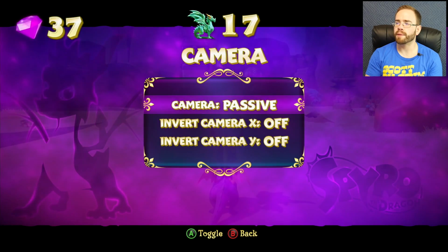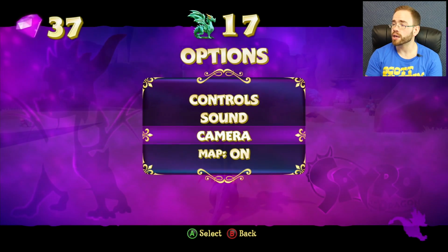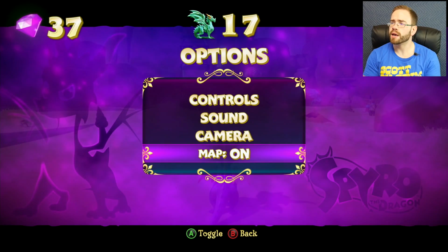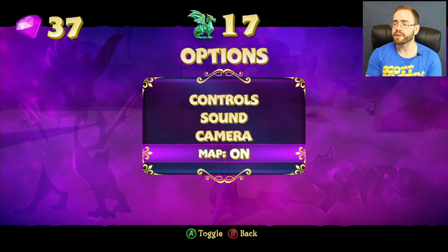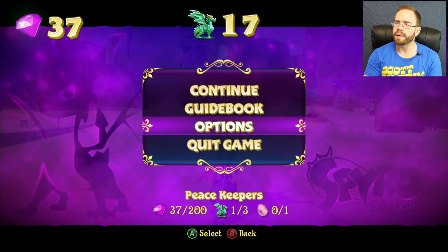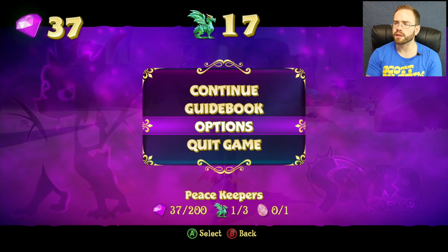You can play around with the camera. It can either be passive or active with inverted X and Y if you'd like. And then there's also that mini-map. You can turn it on and off. That was on the bottom left. I like to keep it on because I think it's a good quality of life feature, although if you want the regular old school experience without that map, you can, of course, just turn it off. They give you options. Nothing about any kind of video, whether it's performance mode or resolution mode or anything,